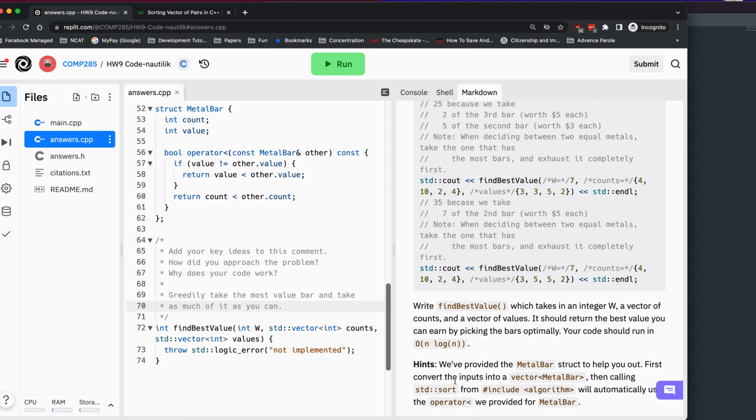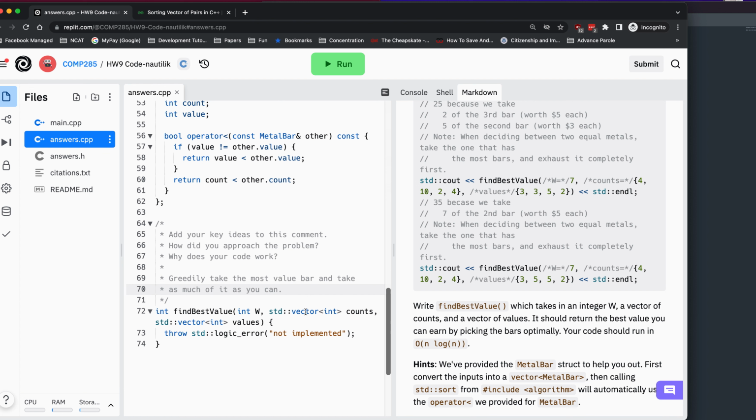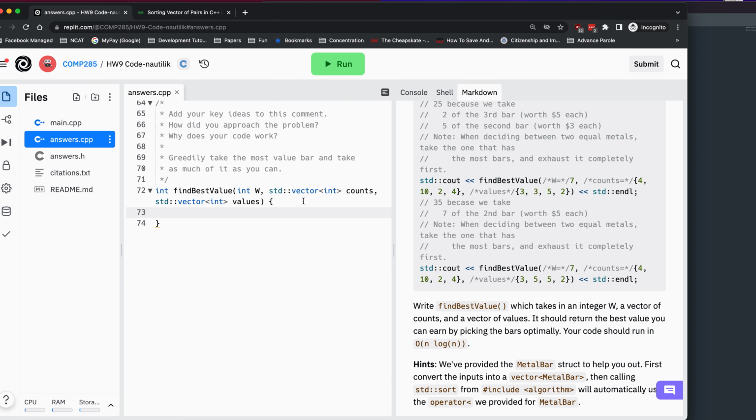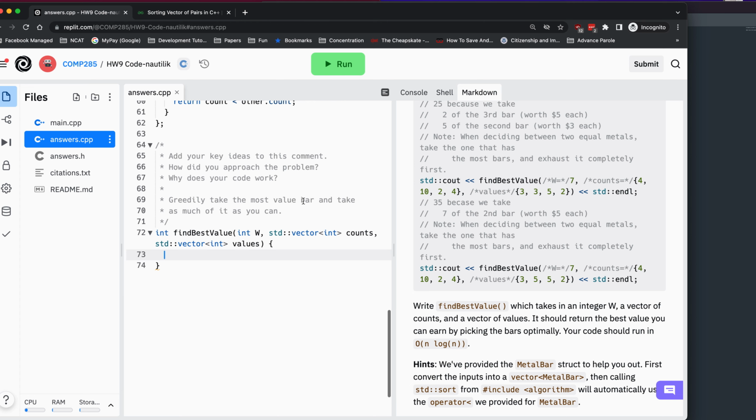And again, the hint is you can use standard sort here, and the running time should be n log n. So hopefully this is pretty straightforward for you guys. I encourage you to pause and give it a shot yourself. But essentially, the very first thing that we're going to do is convert the counts and values